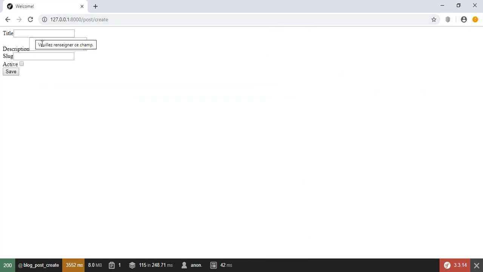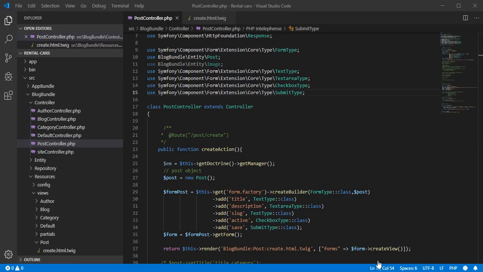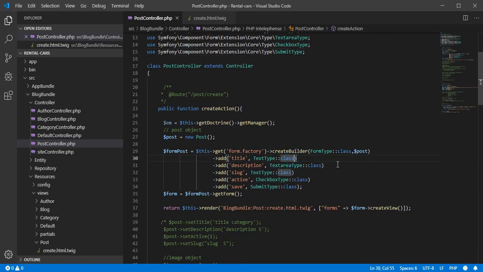Now how about if I want to give this input, for example, a placeholder or a class? How can I do that? Let's go back to our post controller, and here it has this add method. It contains another parameter, which is optional, and it's an array. We will write it like this, with attr, and inside this it's equal to another array, and in this array we put, for example, placeholder, and we give it, for example, title of the post. If you also want to write a class,